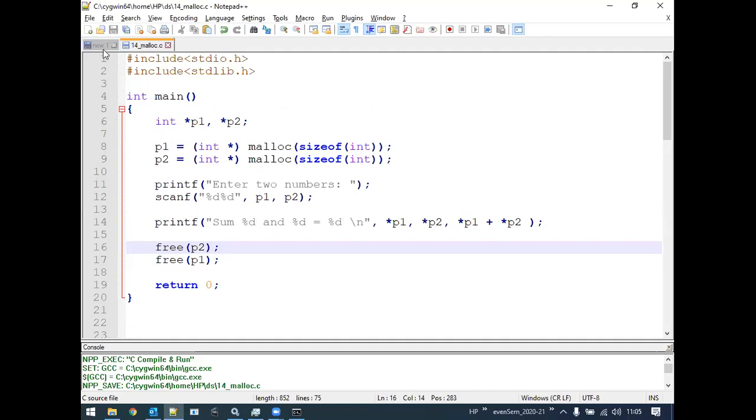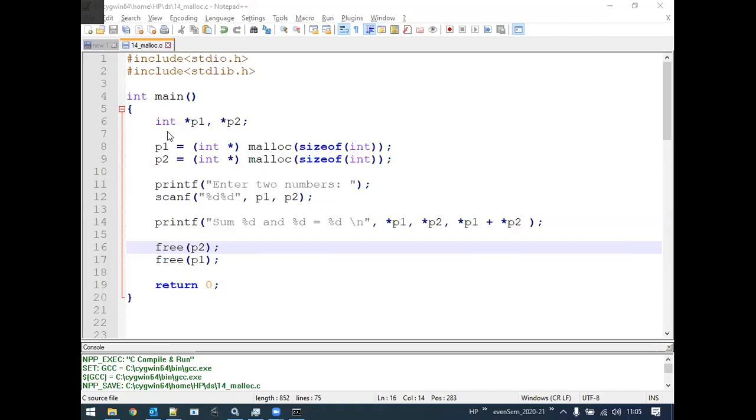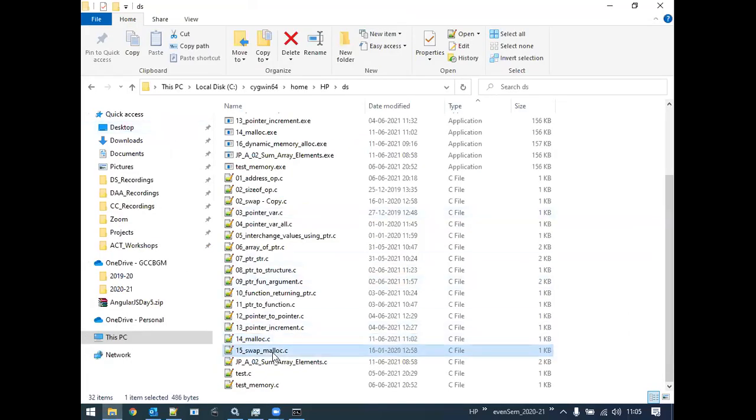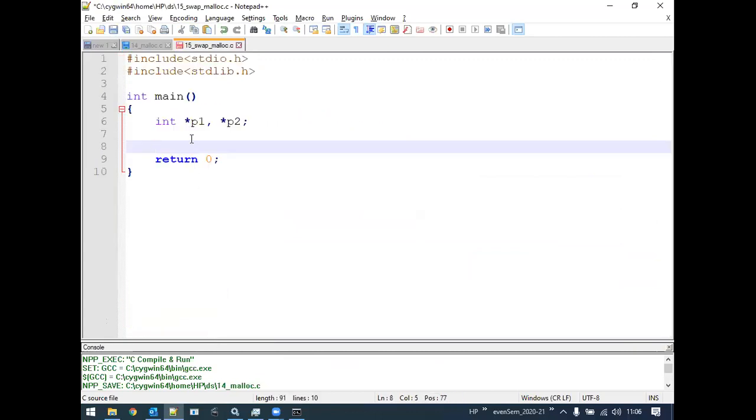Okay. Now the next is that we will try to write one more program, wherein we will try to swap the two values of the variables, not basically the variables which are statically allocated but dynamically allocated, right? We are going to interchange the values of two numbers using the concept of dynamic memory allocation. Now here you are going to help me out in order to write the program. You know the concept of how we need to interchange the values of two memories, but now you are going to tell me how we need to do it using the pointers. That is dynamic memory allocation.